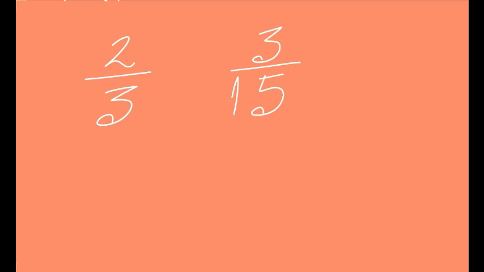Here the LCM is 15, so we need to make both the denominators 15. So what do we do to make both the denominators 15? Automatically you can see that the second one is already 15, that is the LCM of 3 and 15. We don't need to do anything there. So we need to make this 3 into 15. So we multiply the number with such a number such that it will become 15.